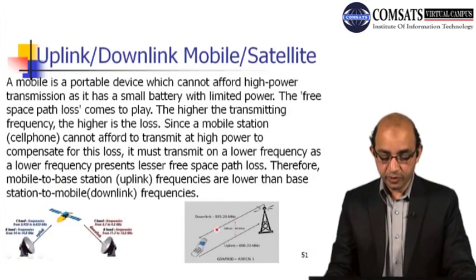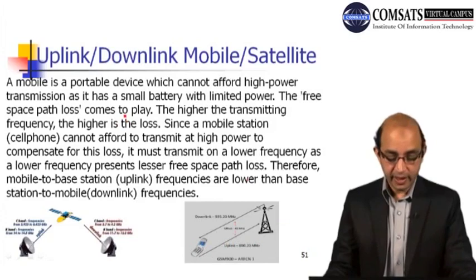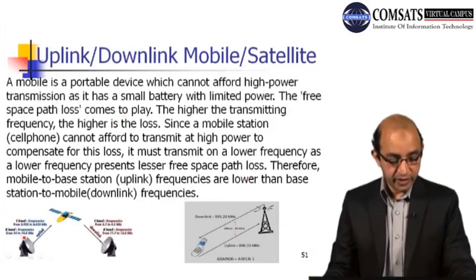Here you can see this is the base station, so downlink is on 935.20 megahertz, and this is the uplink. You can see that the downlink is on the higher side and uplink is on the lower side, right? This is opposite to that of satellite communications. For satellite uplink we have higher frequency, and for downlink we have the lower frequency. But in case of cellular or mobile communications, you can see